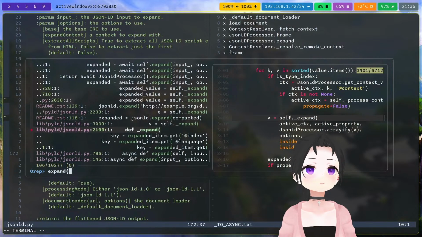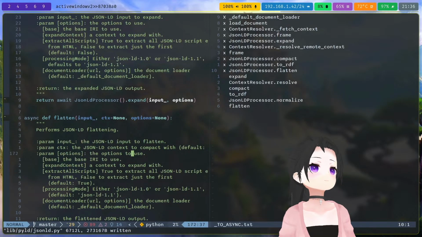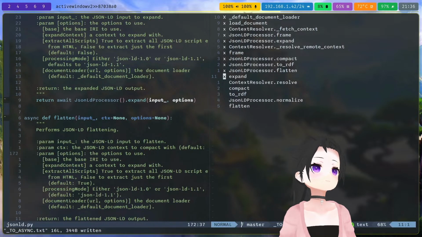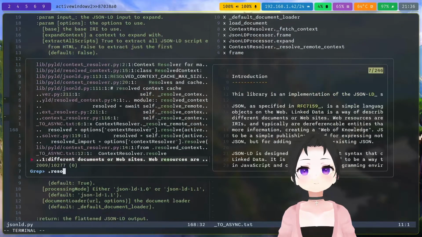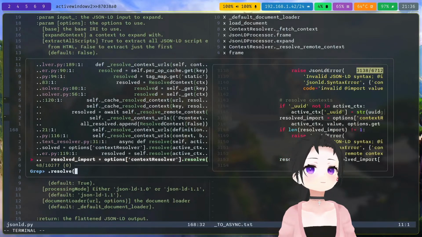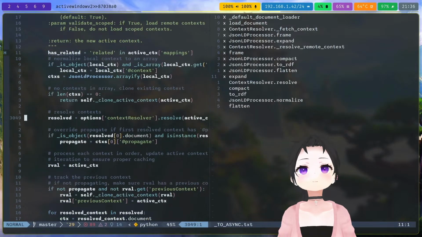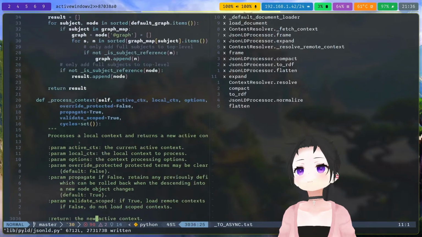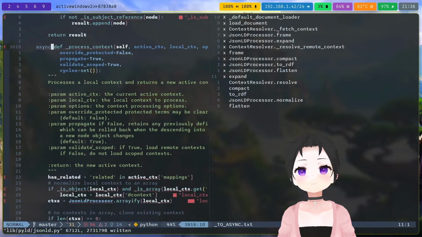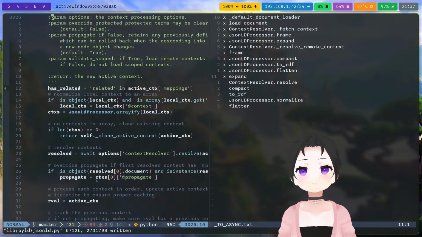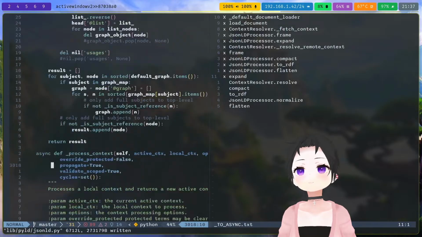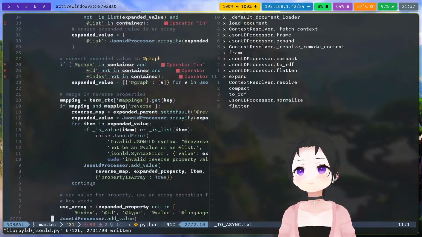The readme, that's okay. I expected that. Dot resolve, which is used quite a few times. I need to set this to async, which makes process context async. Which is in